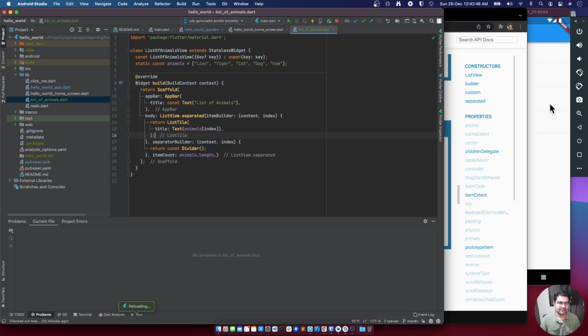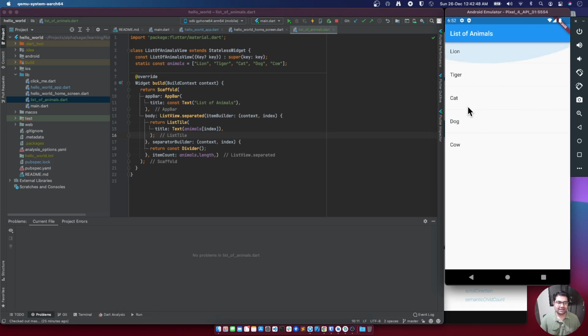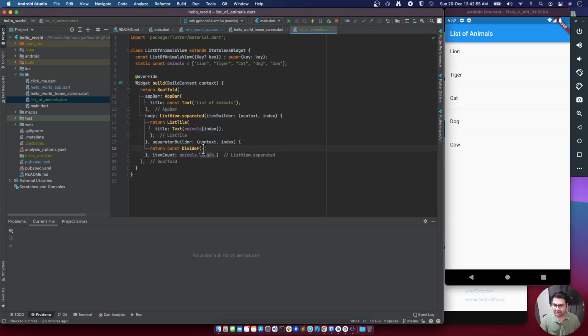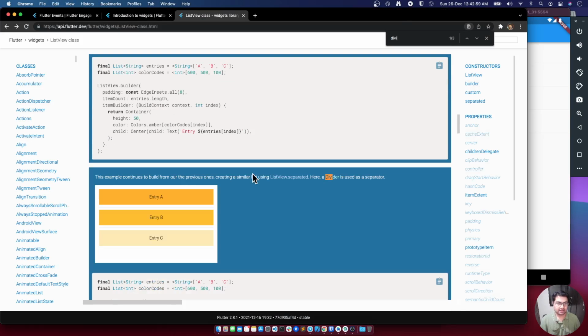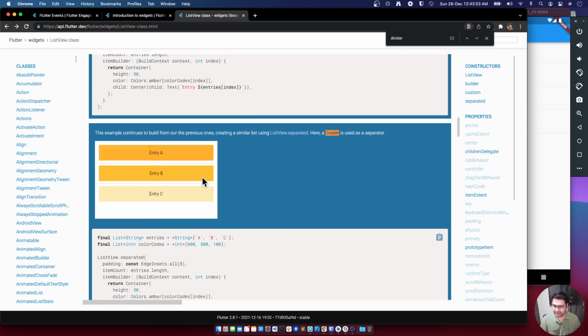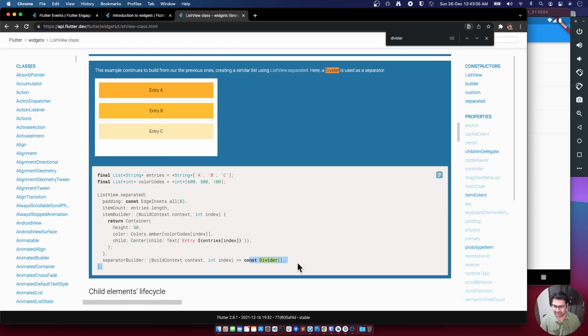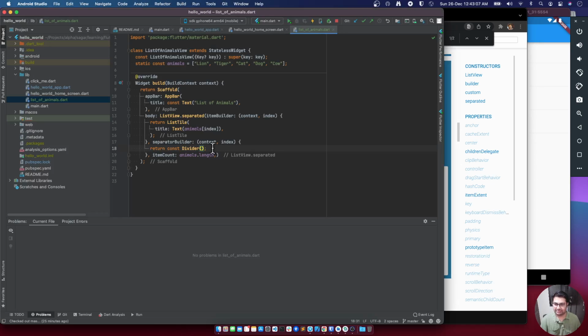So if I save and refresh, we can see that a proper list is generated. Hold on, for the divider I think, okay, so for now the divider is just a blank divider, but maybe there are a few attributes, thickness, color.